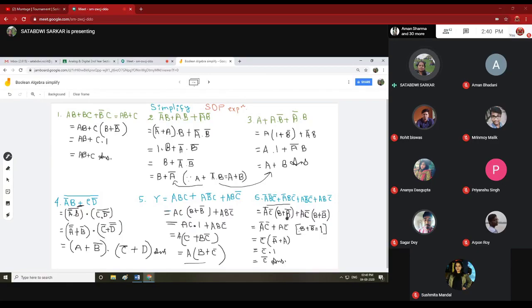In this sixth example, we are taking common A bar C bar from these two values, so it is B plus B bar. We will write first B, then B bar. Actually here B, but here B bar, but we will write in this way. Plus A bar C bar, we are also taking common from these two terms, then it is also B plus B bar. So A bar C bar as B plus B bar equals 1, so this is 1, this is 1, this is 1. So we are writing just only the common parts, that is A bar C bar plus A C bar. So here again we are taking common C bar, so it is A bar plus A, that is also 1. So this is the final result, C bar.